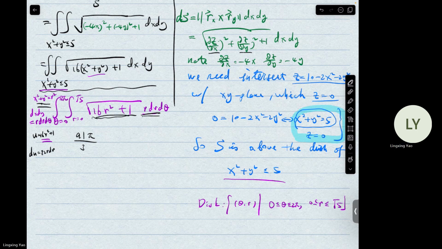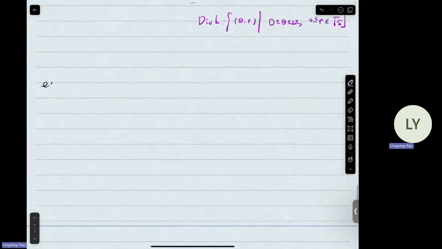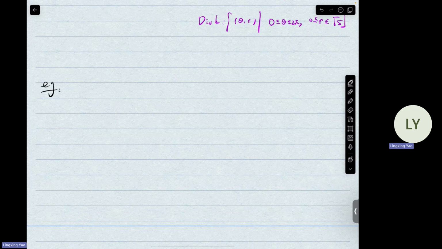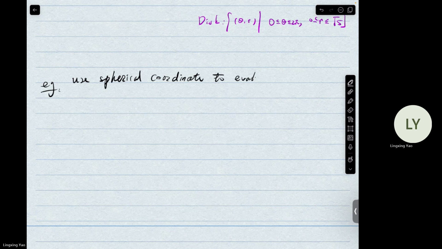So now let's look at another example, which is also relevant and a little bit challenging. Here, use the spherical coordinates to evaluate this triple integral of x squared plus y squared plus z squared dV, where this solid E